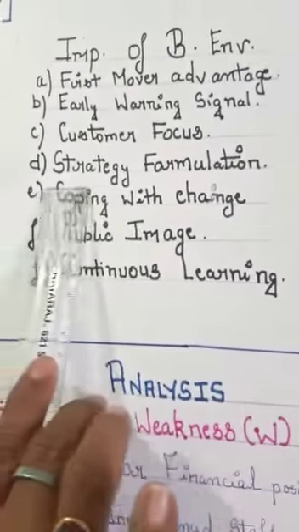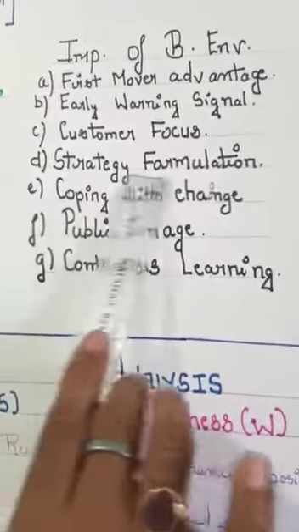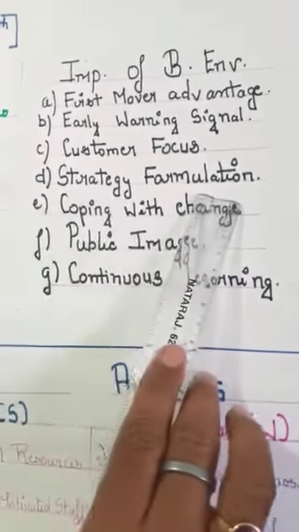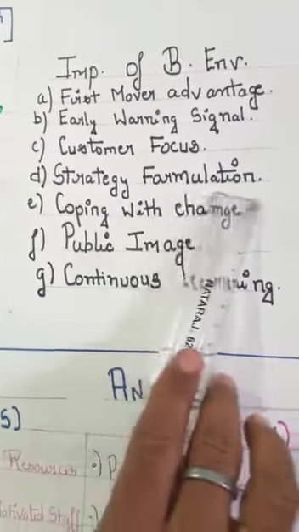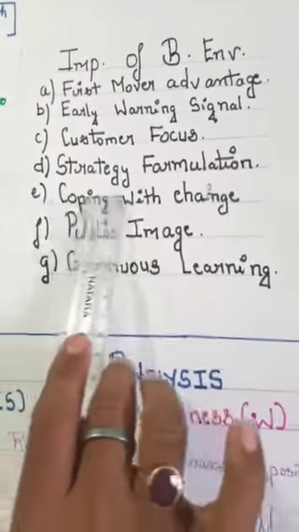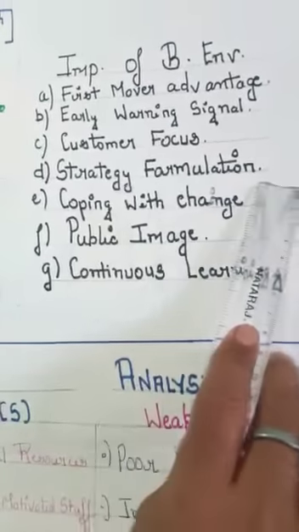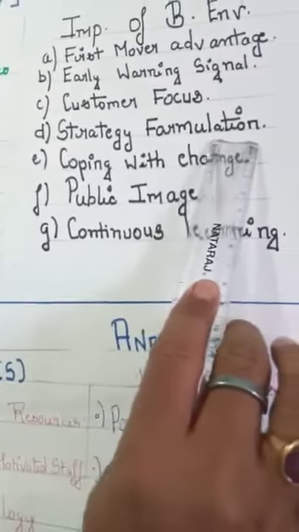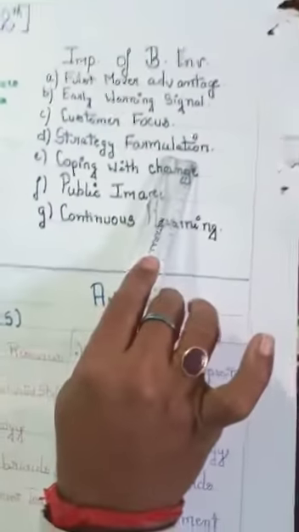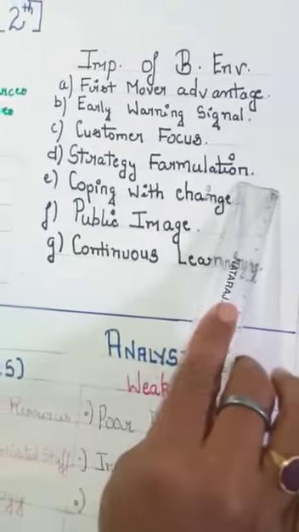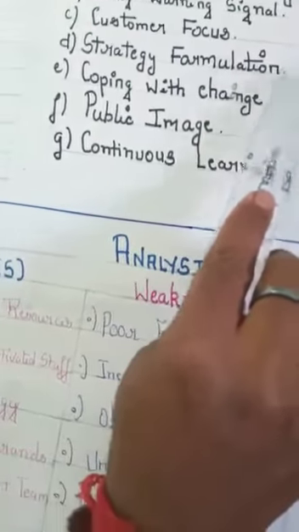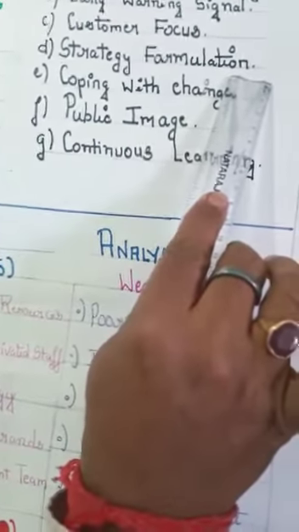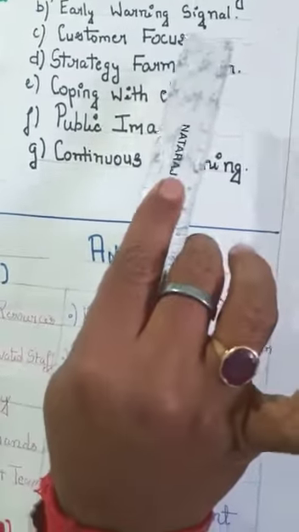Now move to strategy formulation. Strategy formulation is very important for any organization, and strategy is formulated according to the various changes taking place in the internal, external and global environment. So ITC formulated its strategy, diversified its activities and moved to the hotel and tourism industry. So this is also one of the most important factors of business environment,